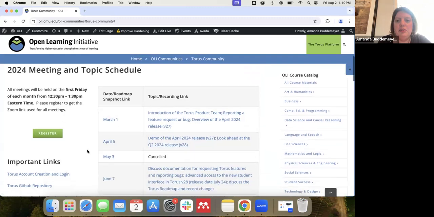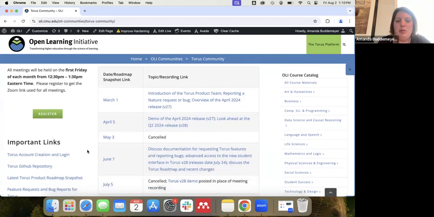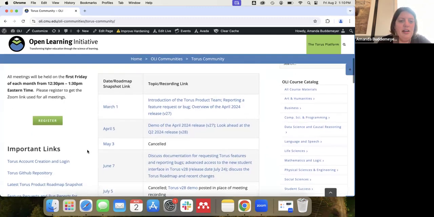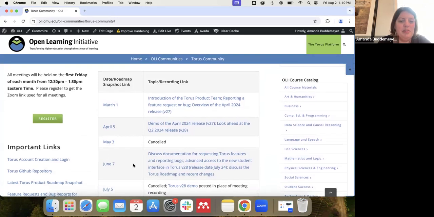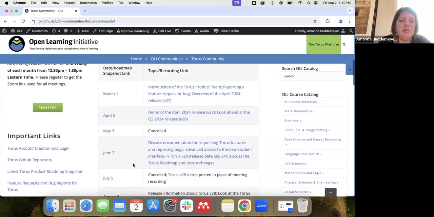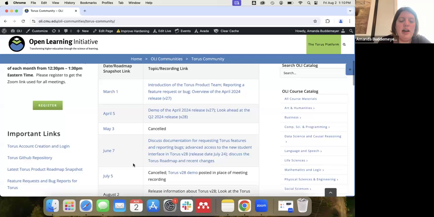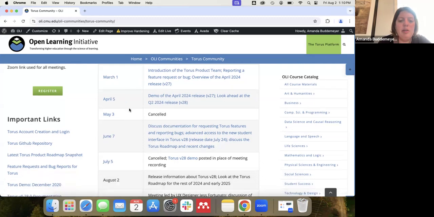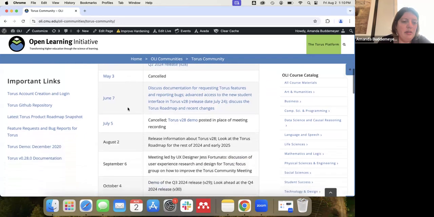This has a lot of resources for you. Sorry if you see me do this every month, but I'm going to bang my drum. You see the whole schedule for Torus community meetings, and for ones that already happened, you can link to that month's snapshot if you're interested in seeing how that changes over time, and also the recording for that meeting. Over here under important links, among other things, you can see the latest Torus product roadmap snapshot,